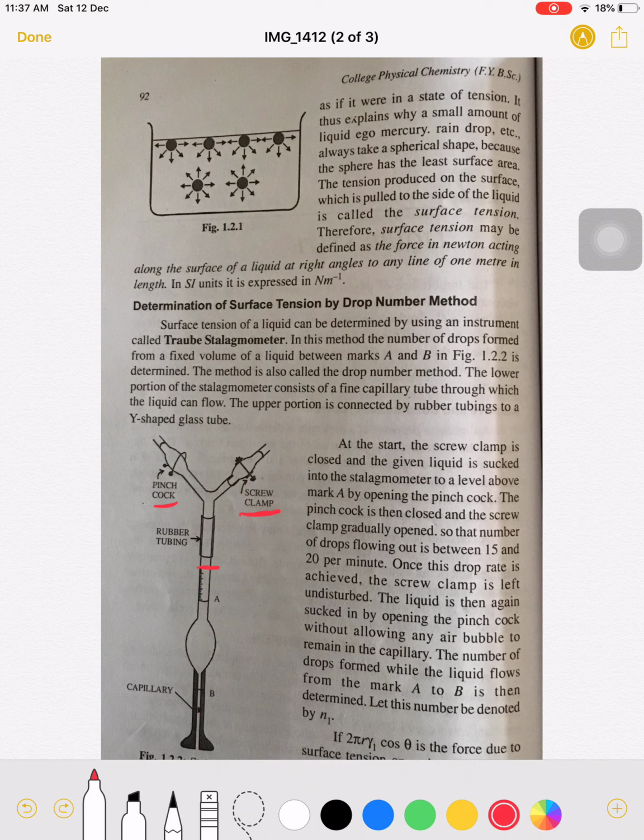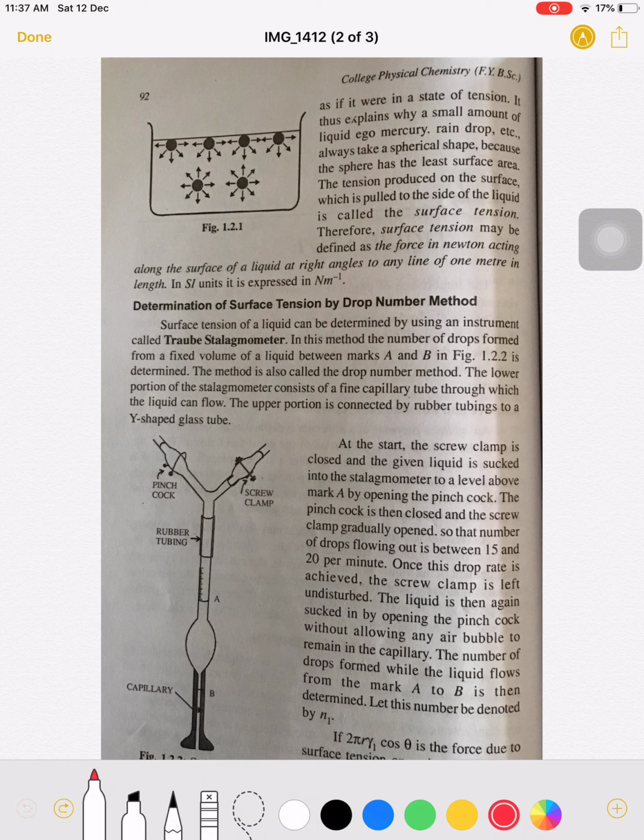So we are calculating the time required, how many drops are coming in 1 minute for liquid 1, and the same procedure is carried out for more liquids, suppose liquid 1, liquid 2, liquid 3, and we calculate the time required to flow the liquid from mark A to mark B. Suppose liquid 1 is coming from the capillary from mark A to B, and suppose n1 drops are coming in 1 minute,